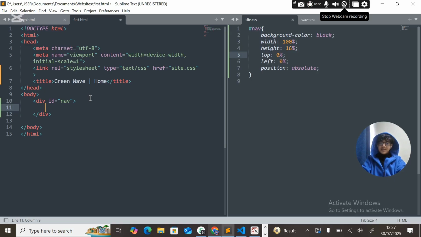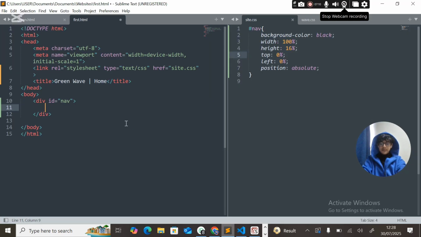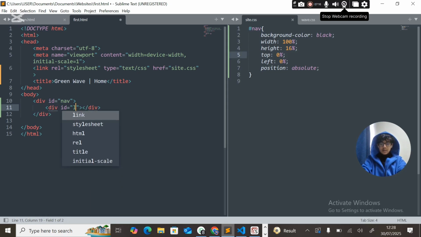Now when you're coding inside the navigation bar, whatever you do over here will not come out over here, it will be inside over here. You're making it inside this box, if I would explain it that way. So let us make another division tag inside of this division tag. Let us name it lock